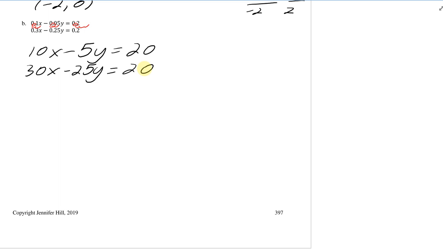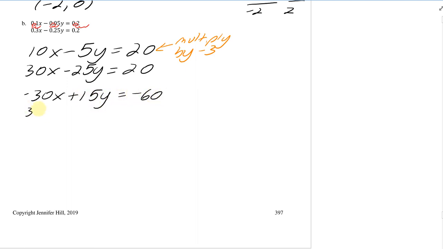Doesn't matter which one you want to multiply. Maybe you multiply by 5, or maybe you multiply by 3. I just like 3 because it's a smaller number, so I'm going to multiply this by negative 3. So the top equation will become negative 30x plus 15y equals negative 60, and then the bottom one is going to be unchanged: 30x minus 25y equals 20. Okay, so if I add them together,